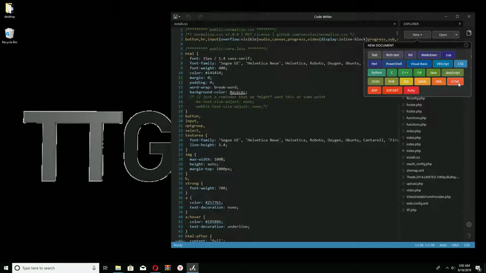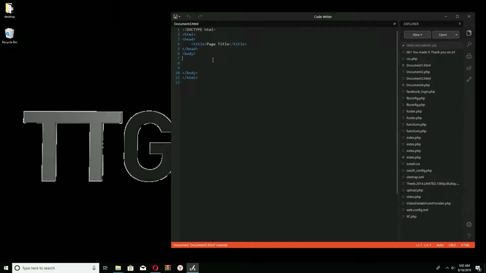Alright, so what I'm going to do is I'm going to go to new HTML file, and then I'm going to create doctype HTML. Let's just go over this. What doctype HTML means is it's referring to the doctype HTML. In later versions of HTML, it used to be like doctype HTML version 4.0. Now in HTML5, you just have to do that. And this is just the head, the title page,